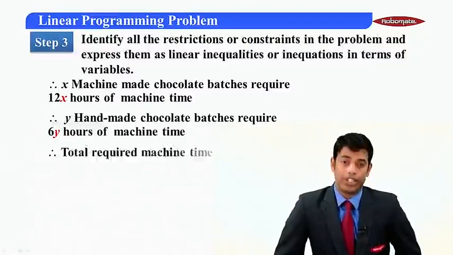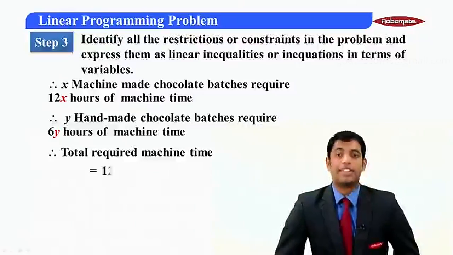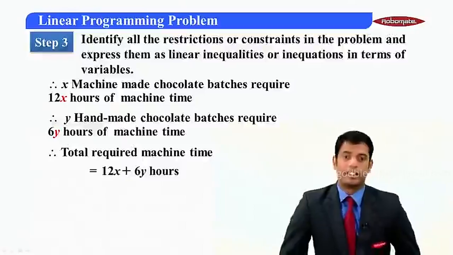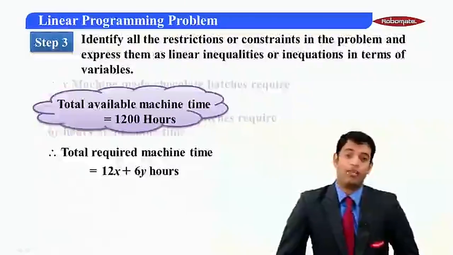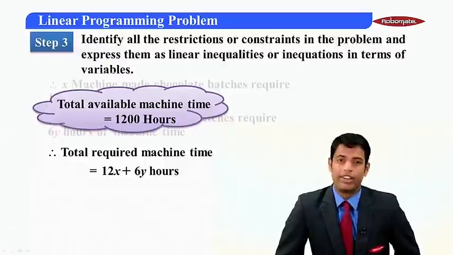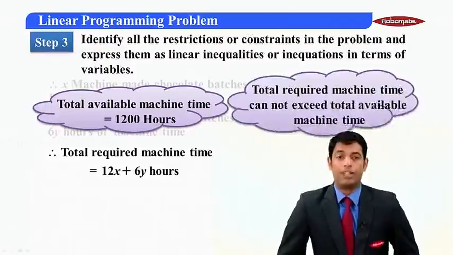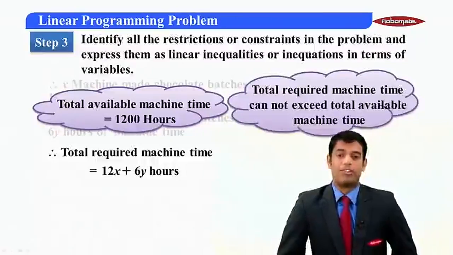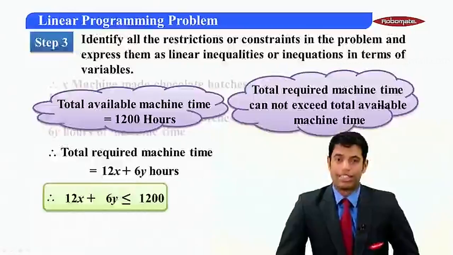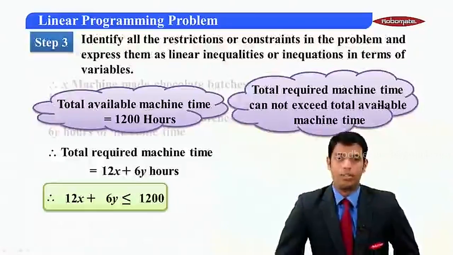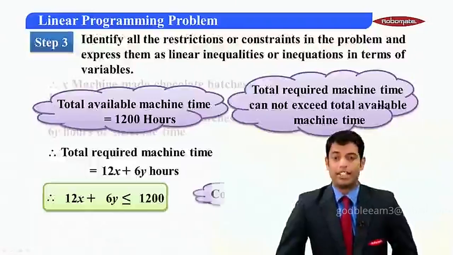So total machine time needed would be the addition of these two, that is 12x plus 6y hours. Now suppose available machine time with the company is only 1200 hours. Total required machine time can never exceed total available machine time. So 12x plus 6y must always be less than or equal to 1200. That is our